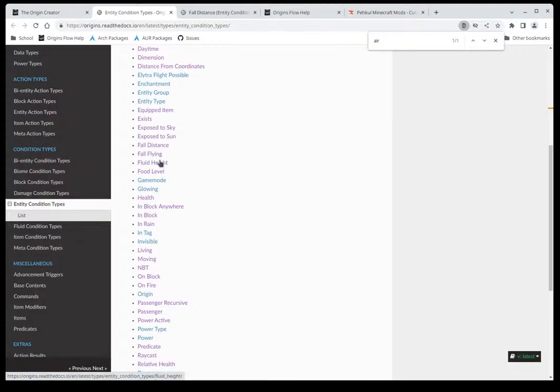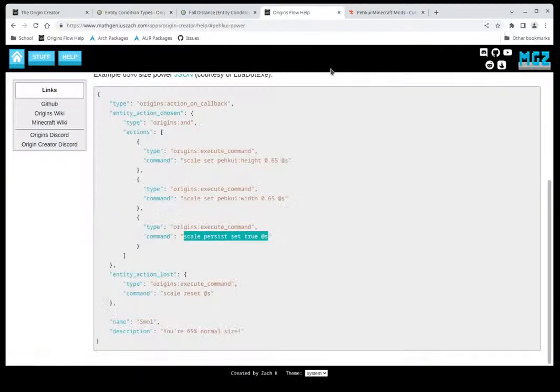Fall flying, probably not. Fluid height, fluid level, game mode, glowing, health, in block, in rain, no. Yeah, but in general, if we don't understand certain conditions, you probably won't have to use them. But if you need it for a very specific use case, then you can probably click on the page and ask about it. I do have in the Origins Flow Help here,